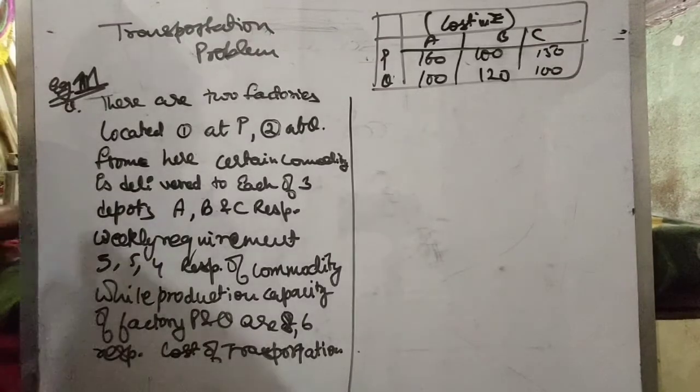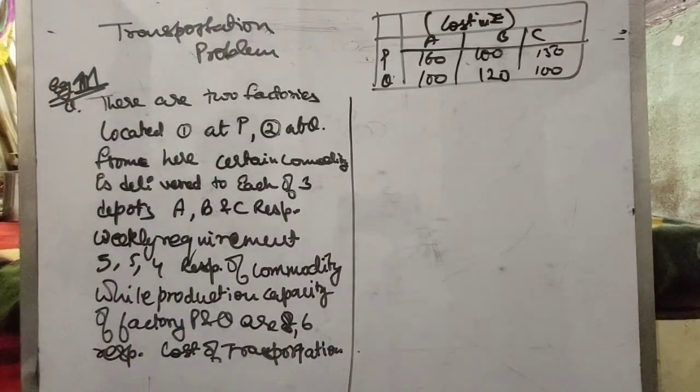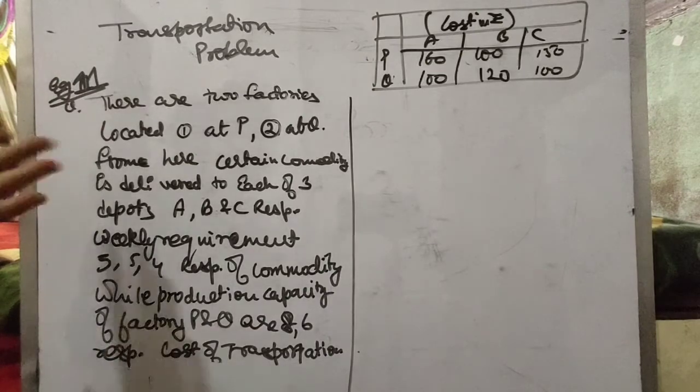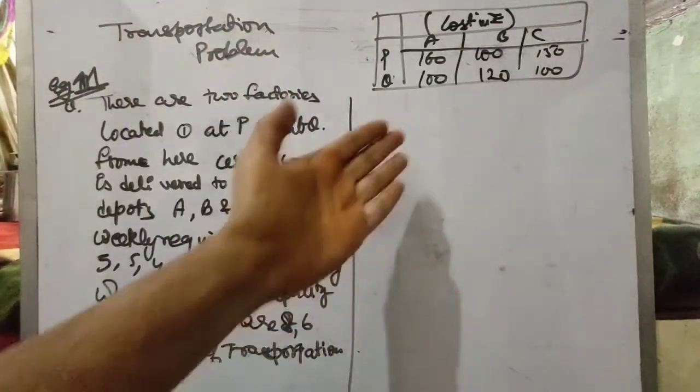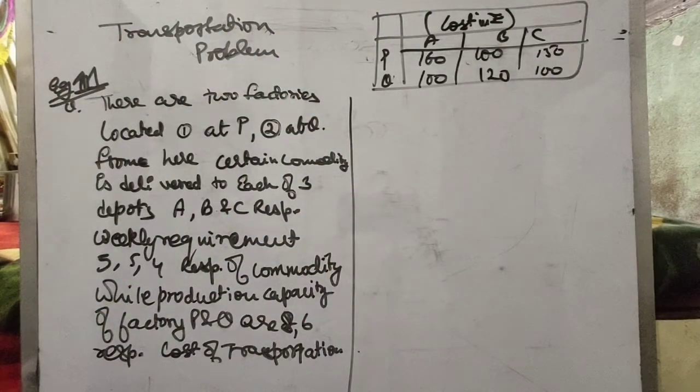So now coming to the transportation problem, the final type of problem that we see in linear programming, and this is very important to understand. Simultaneously I have written the question here and we'll be doing the solution part here, so that you can understand how we plot the solution.